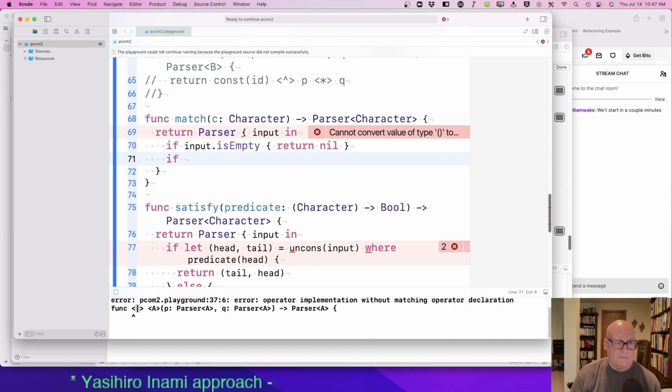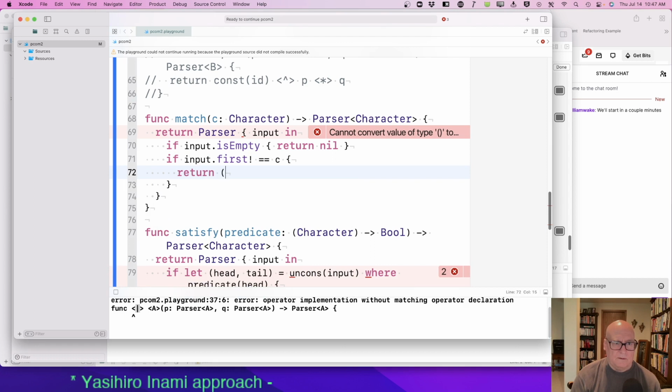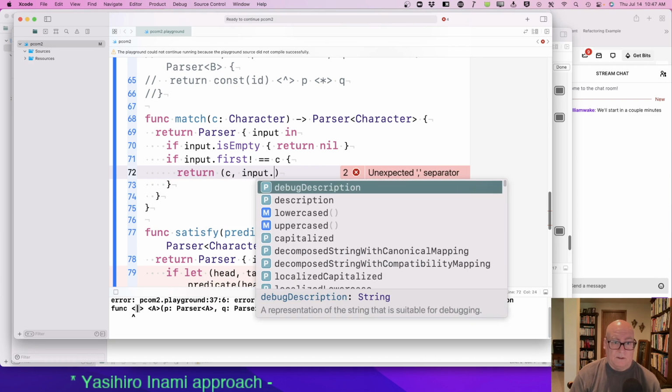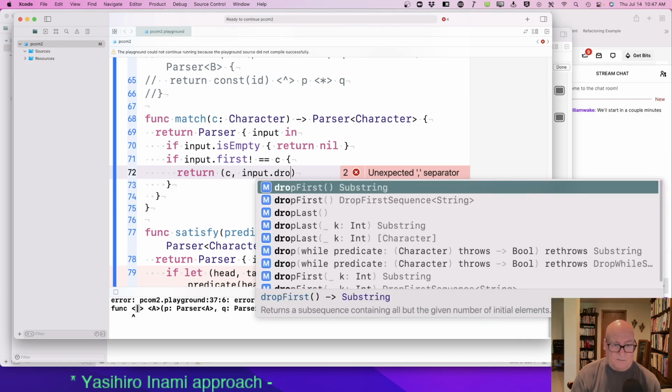If input dot first bang equals C, then I think we want to return C. Return the character and the rest of the input, input dot drop first.